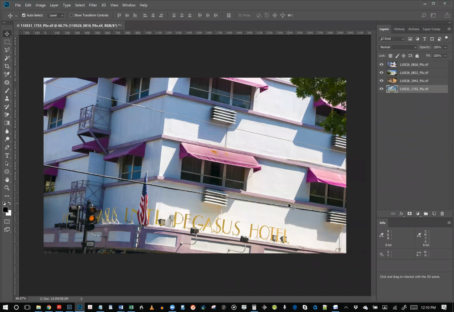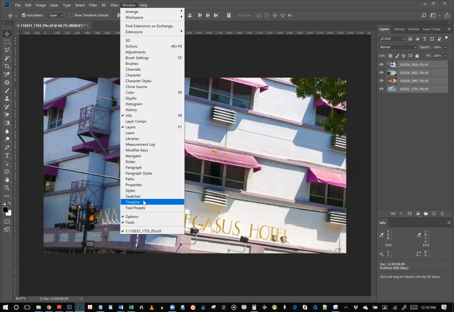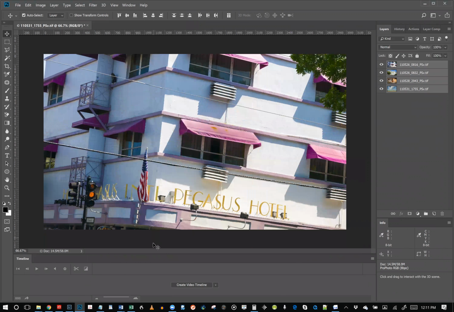After all the layers have been created, let's select all the layers. We can do that by holding the Control or Command key and clicking the layers. Once the layers are clicked, here's where we go into the video feature. We want to show the video timeline. We go to the window, timeline, and you'll see